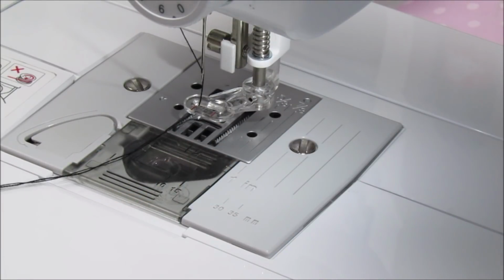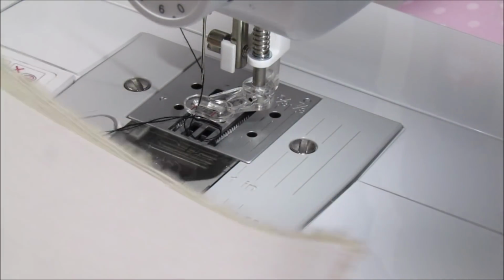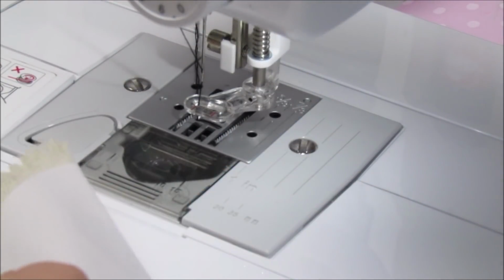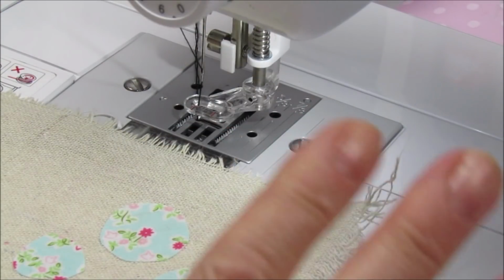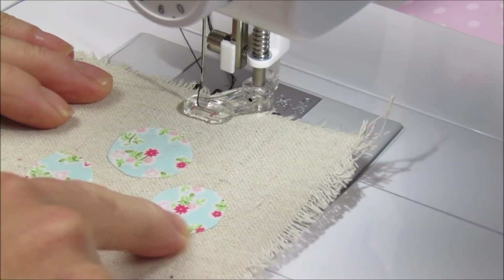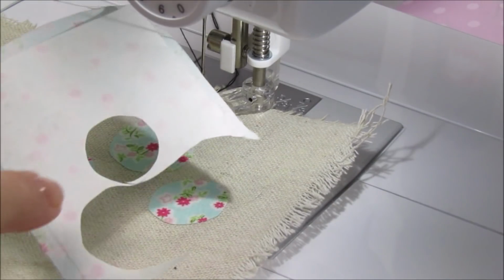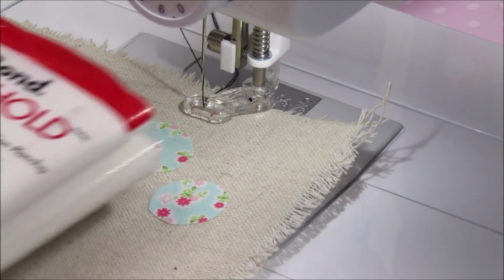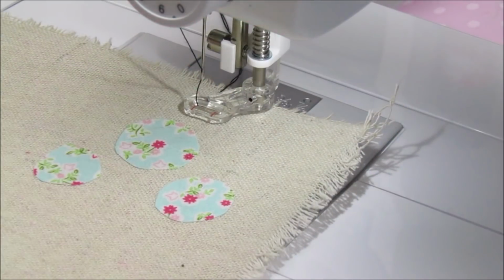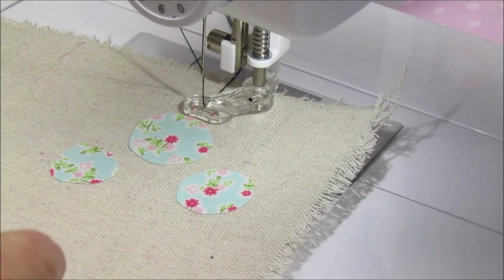So what I have done here, I've got some calico here, which I have backed with a stiffener, a liner on here, the sticky back line. I can't remember what it was called. And then what I've done, I've cut out 3 little sort of rough circles on here, which I have backed with heat and bond, and stuck that down. This is the heat and bond that I use. I got that off Amazon, and I've just stuck 3 little random sort of circles that I've cut out